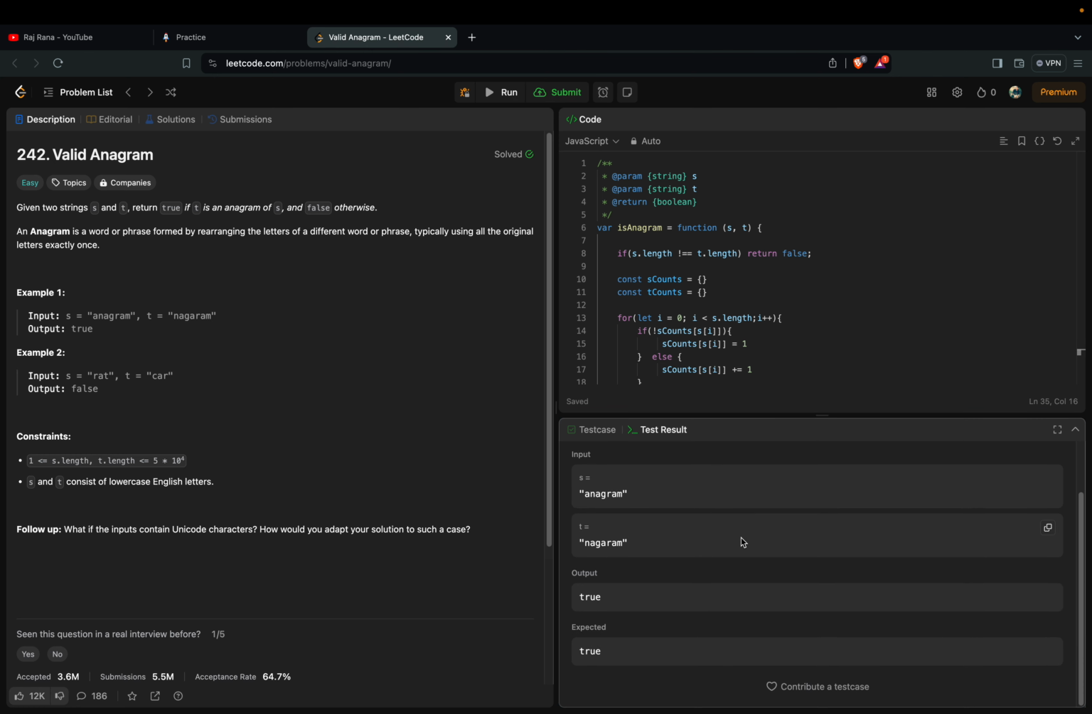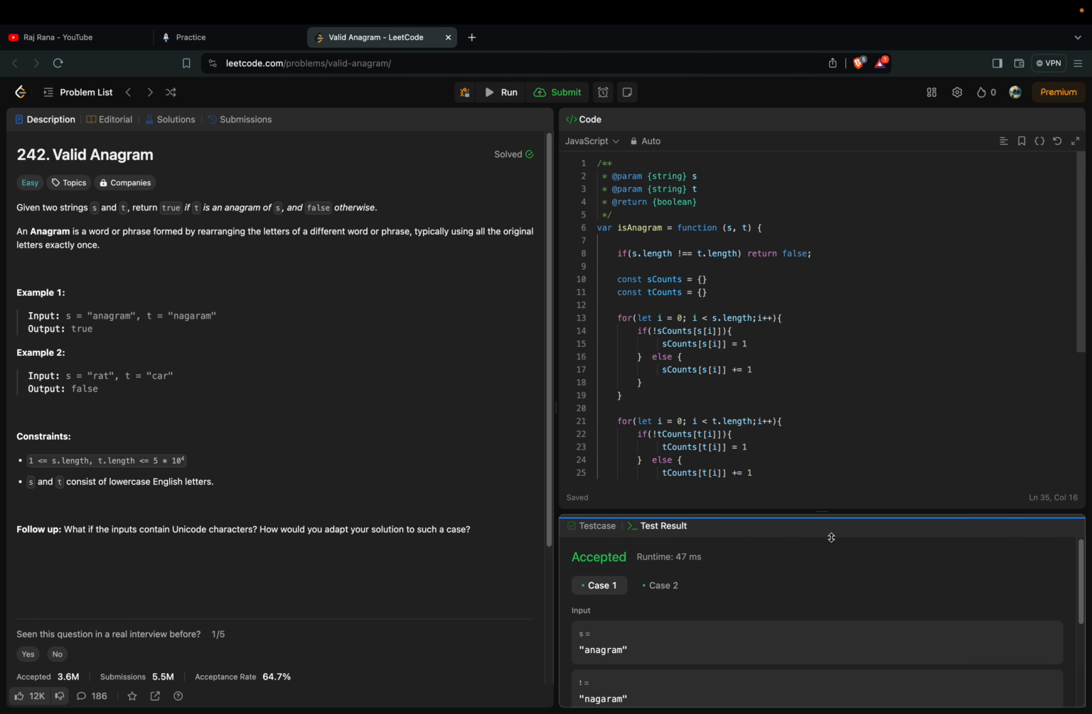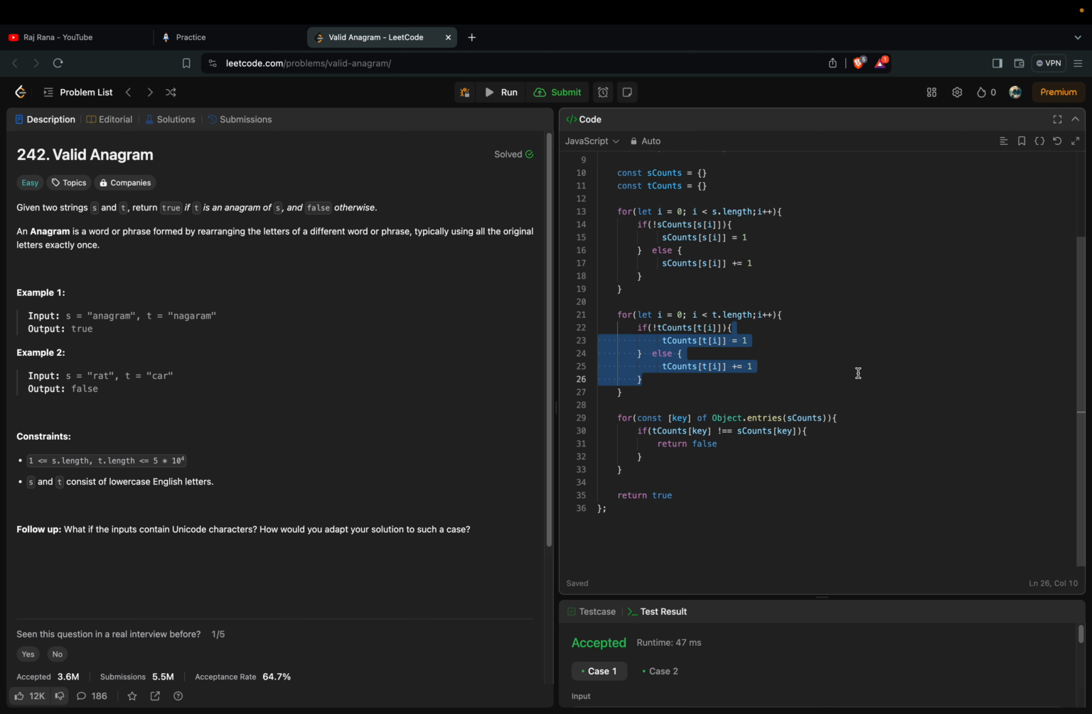And as you can see, the two test cases have passed. So now coming to the time complexity and space complexity. For time complexity, you can ignore the constants like order of 1. This loop is order of n, and this one can also run up to n. Okay, order of n. And then this one